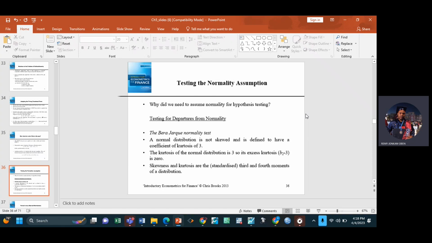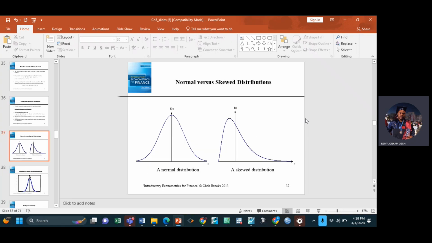If you check, I don't know if I can see it here. Okay, you see this is normal distribution, right? While this one is skewed distribution. Are you seeing? This is normal distribution. Are you seeing that it is symmetric? Left side equals the right side. But here it is not symmetric. Right side and left side are different. This is skewed.